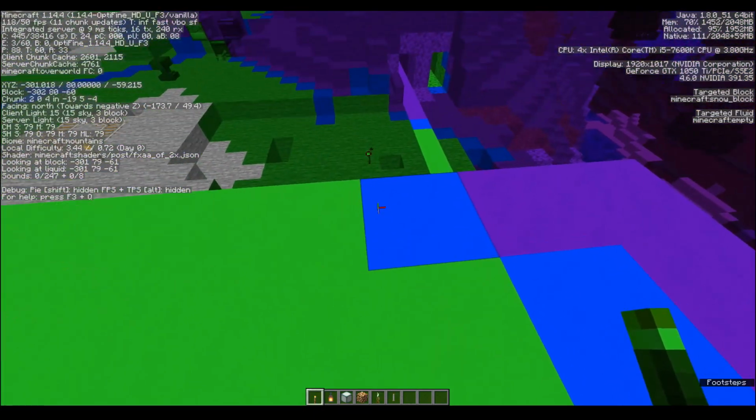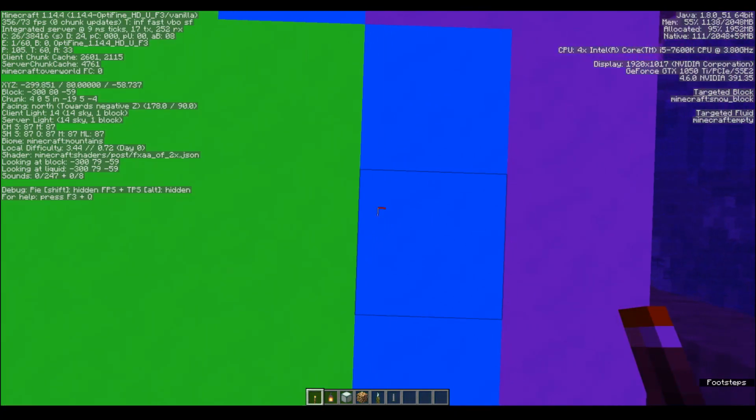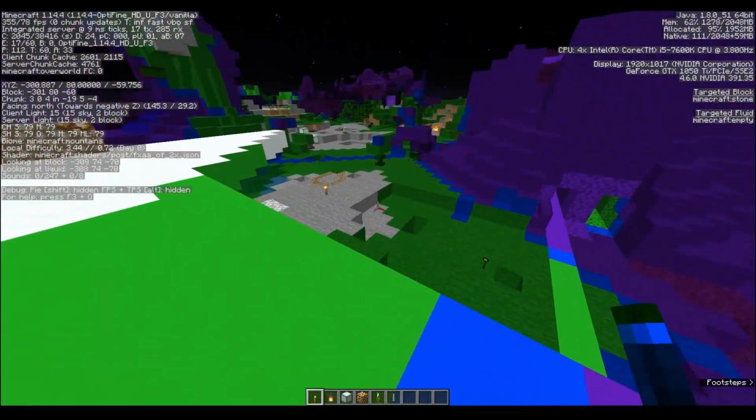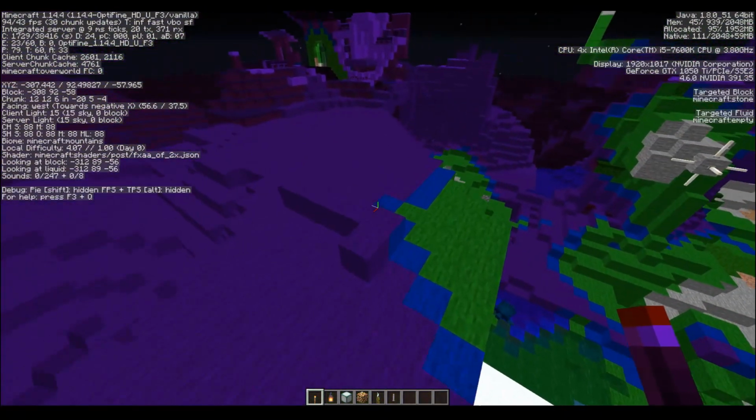I've also added a couple of extra ones at the end here, just so you can see when it goes from blocklight 2 down to 1 and then 1 down to 0. Because this makes it much easier. If I find a patch of ground up here,